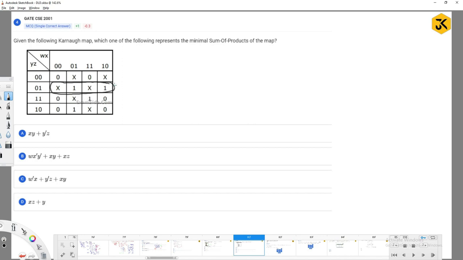Can I combine these 4? What is the answer for this one? Y bar j. Y bar j. And